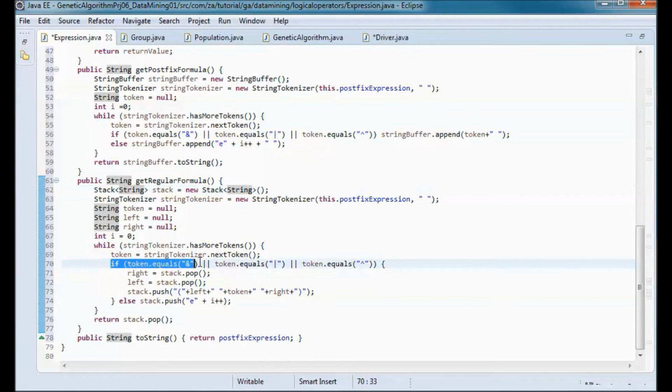So if token is equal to AND or OR or exclusive OR, then we pop from the stack and put it in right, and do a stack.pop, put it in left, and then push onto the stack parentheses, and in between there we have the left and the token, the space, and then the token and space and right.